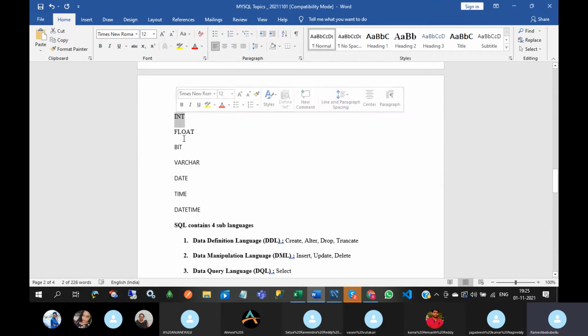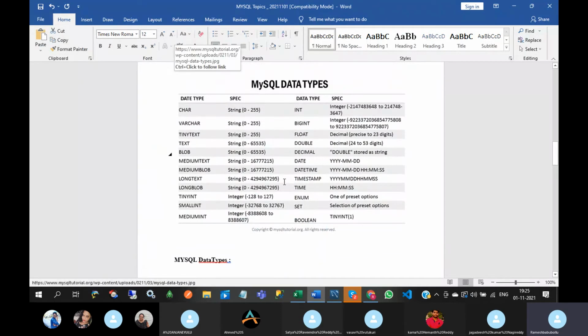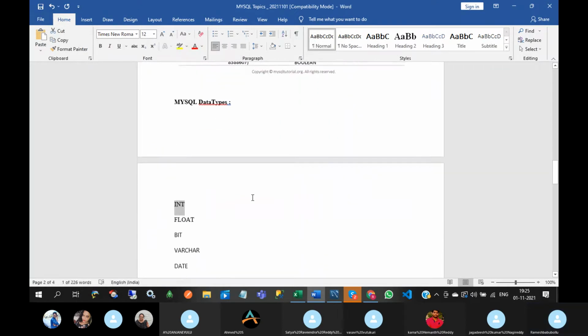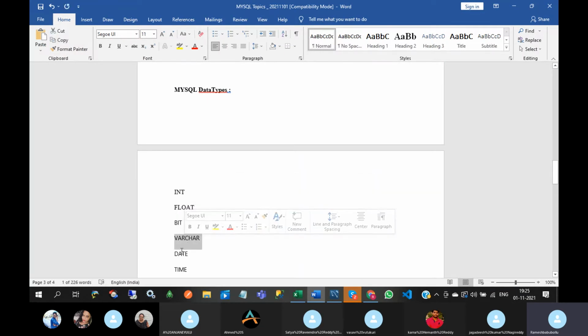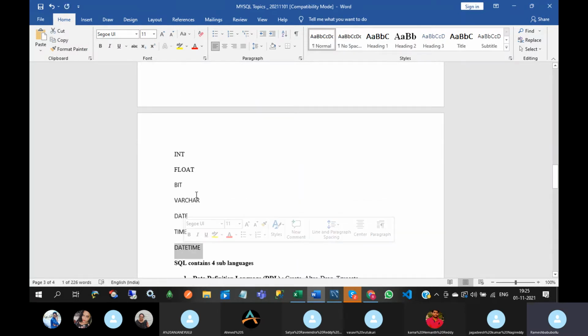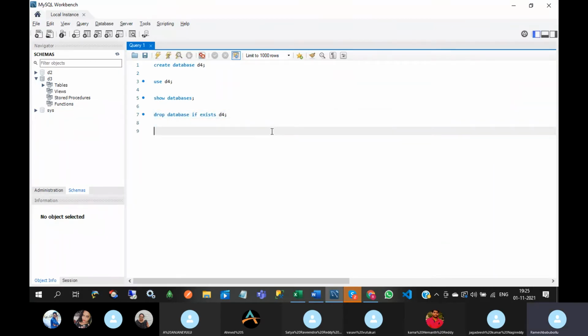Like integer, in integer you will have tinyint, smallint, mediumint, bigint. Float, for storing fractional part numbers. Bit, true or false. Varchar. Date, time, datetime. Char data type is also there. I will tell what is the difference between char and varchar.